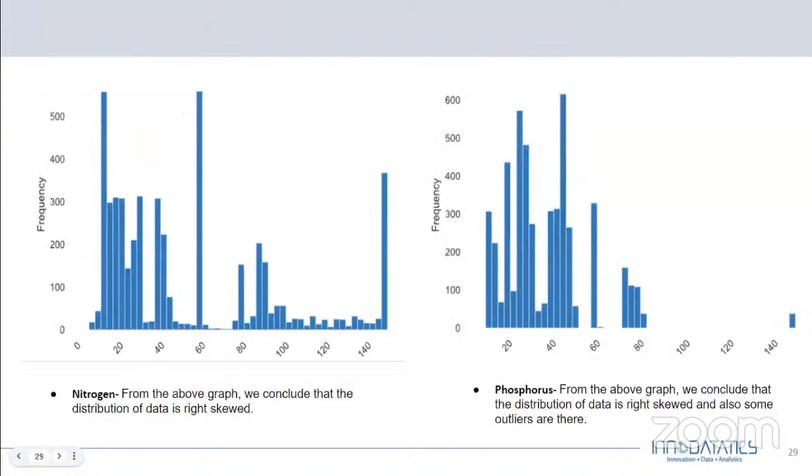Here, the left side bar graph represents the nitrogen value of soil. We can infer that data is not normally distributed and some outliers are present. The right side bar graph represents the phosphorus value of soil. We can infer that data is not normally distributed and some outliers are present on the right side.